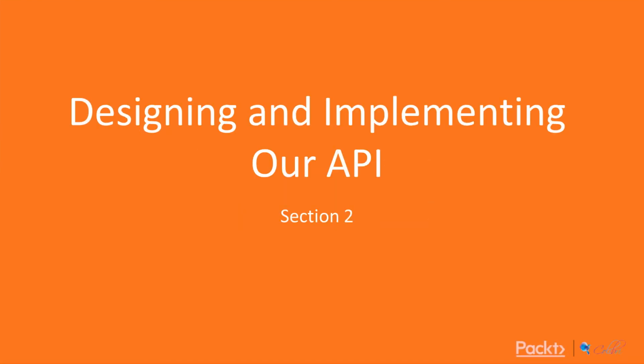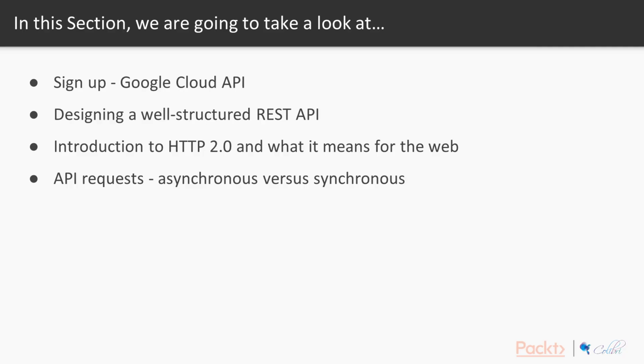Hi, and welcome to the second section of this course, Designing and Implementing our API. This section will cover multiple topics related to using HTTP APIs, and we'll use Google's Cloud Service as an example. We will start by showing you how to sign up to the Google Cloud API and how to get access